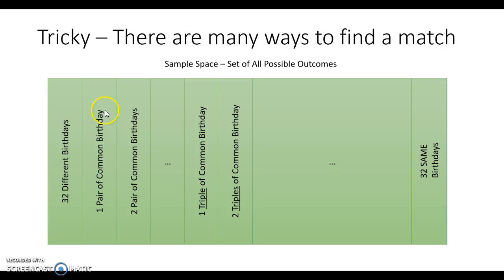Because what we want to do is find the probability of this and all of these events, and we really just want to add up all of these probabilities that correspond to this 100% rectangle. So the only people who we don't want are these people who have 32 different birthdays for this situation. So rather than figure out all these individual events and their probabilities and then add them all up,